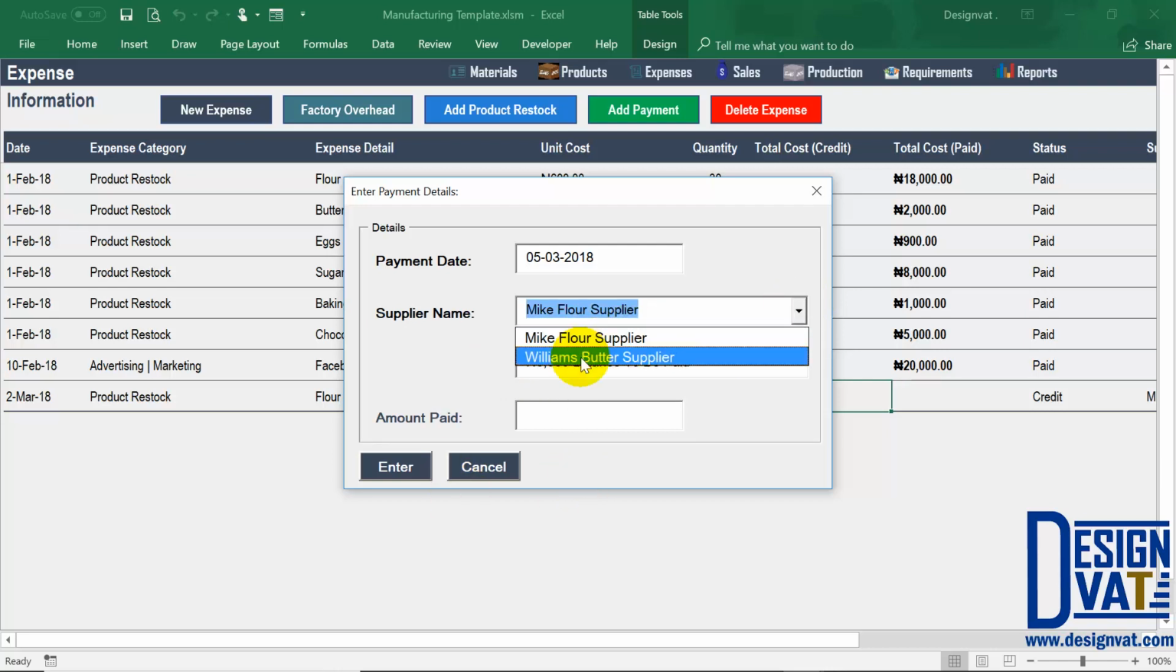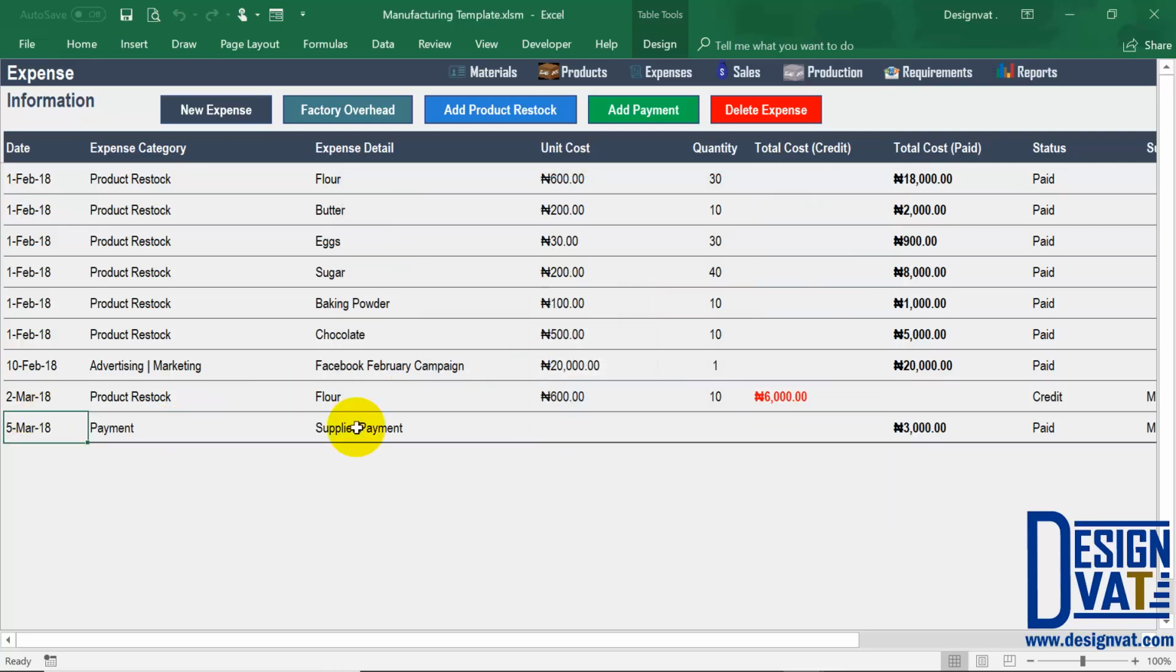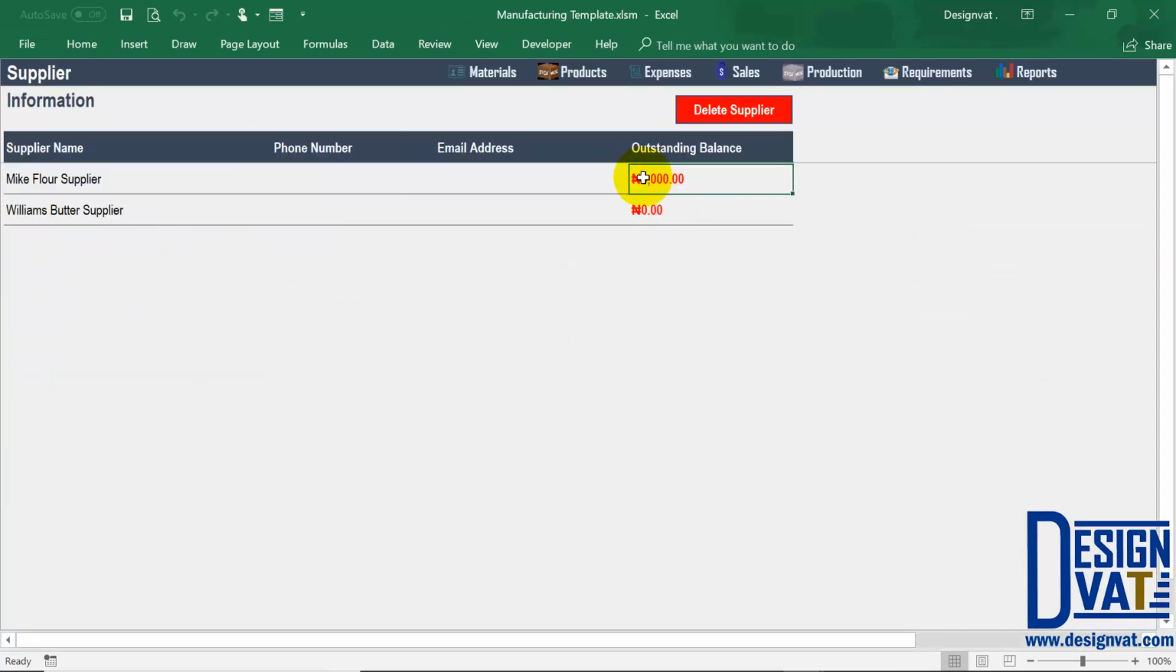Notice if I change this to Williams, it says 0 because I'm not owing Williams anything, but I'm owing Mike 6,000. So let's assume I want to pay half of it, 3,000. Click enter. It's going to add it. The dates tell me this is a supplier payment. This is the amount. So if I go back to my supplier section, we should see that the balance is reduced to 3,000. So from the supplier section, you can know at a glance the total amount you're owing each